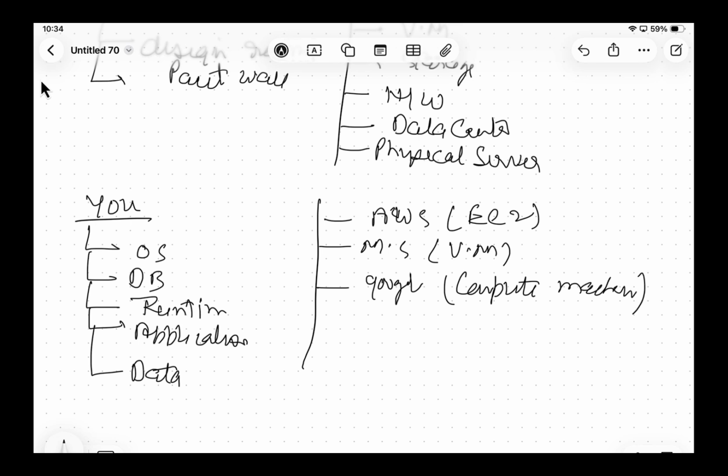These are the raw machines and you have to do everything, right? So remember, IaaS is nothing but a rented infrastructure, and you manage everything else yourself. So IaaS is going to rent the infrastructure. Okay,